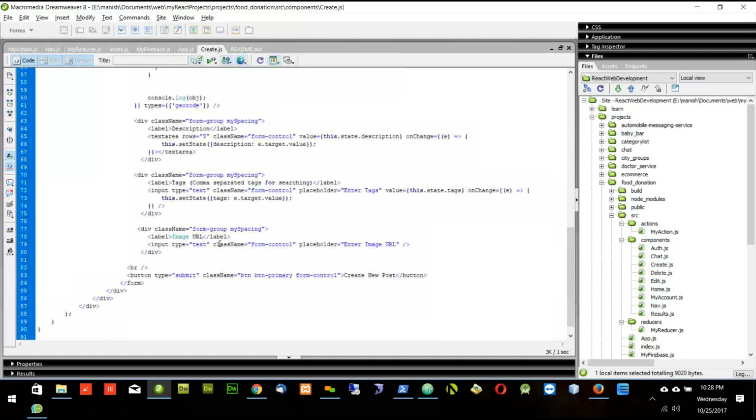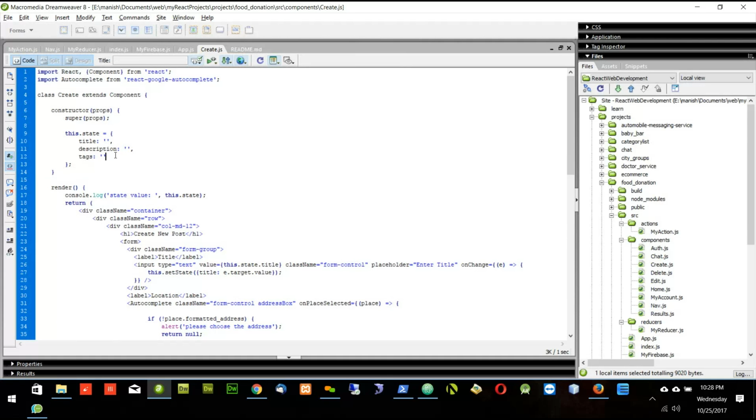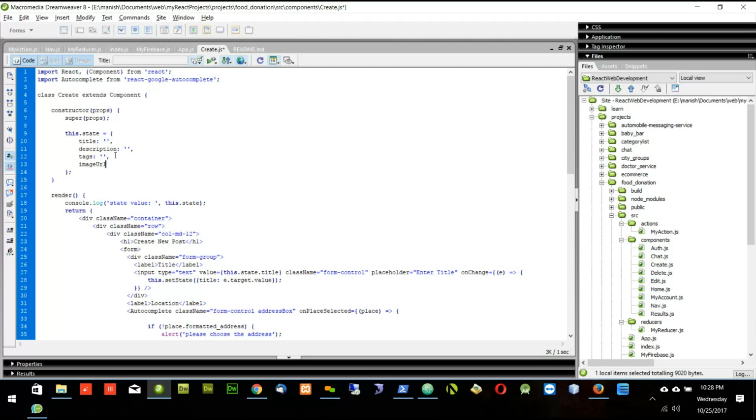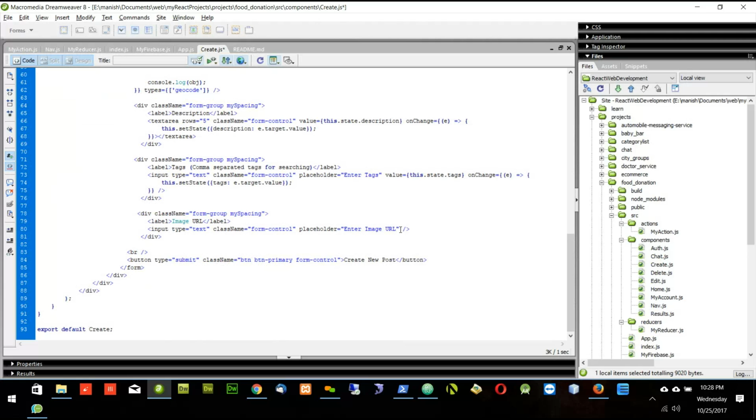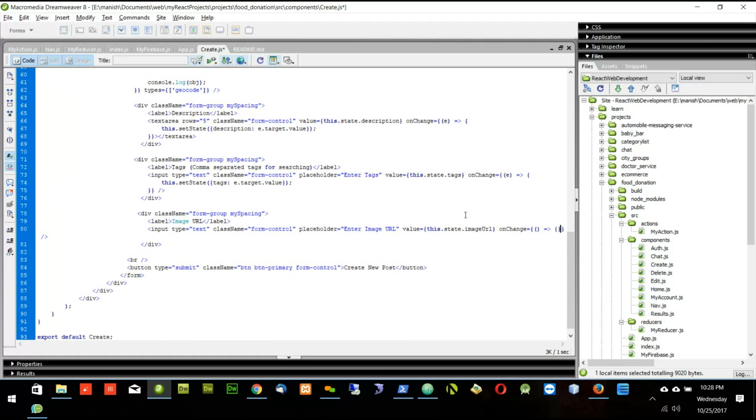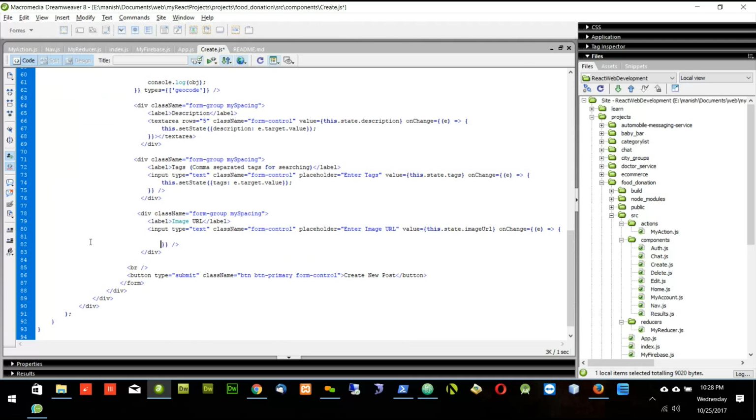Let's do it again. For the image URL, first step is you have to add here imageURL, for example, and then I will go here and I will start with the value equal to this.state.imageURL in the curly bracket, then I'll say on change equal to curly bracket, and here I will create an arrow function and I will start the curly bracket, and this I will say e, and here I will try to change the state. This.setState,